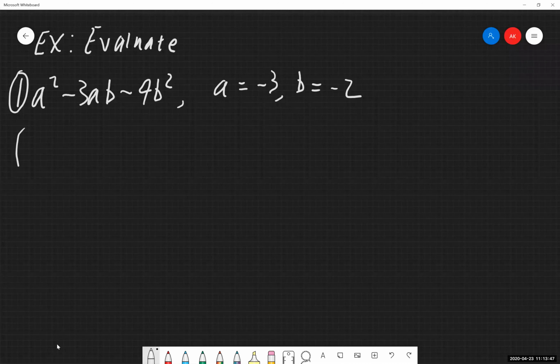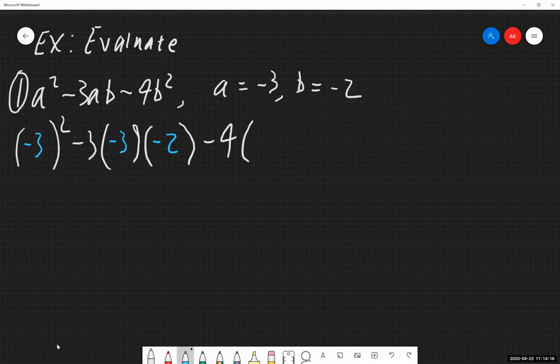So our first part that we have here, let's make that 3 a bit better. There we go. And then wherever a b shows up in this expression, I'm going to substitute in a -2. And again, when you are doing this, make sure you're doing all of that inside of parentheses.